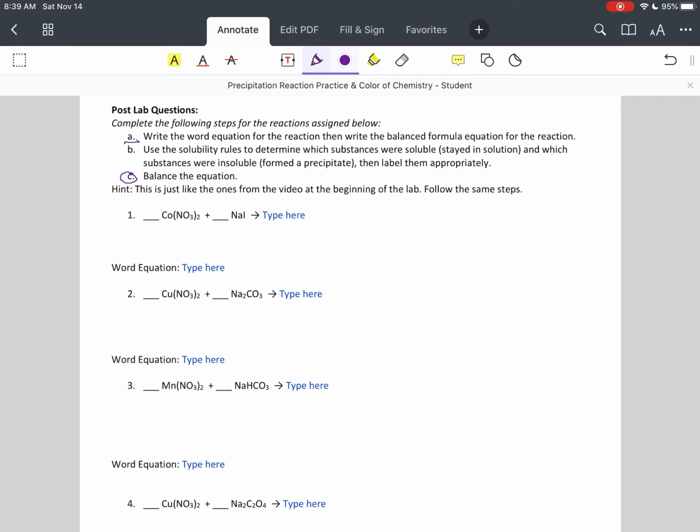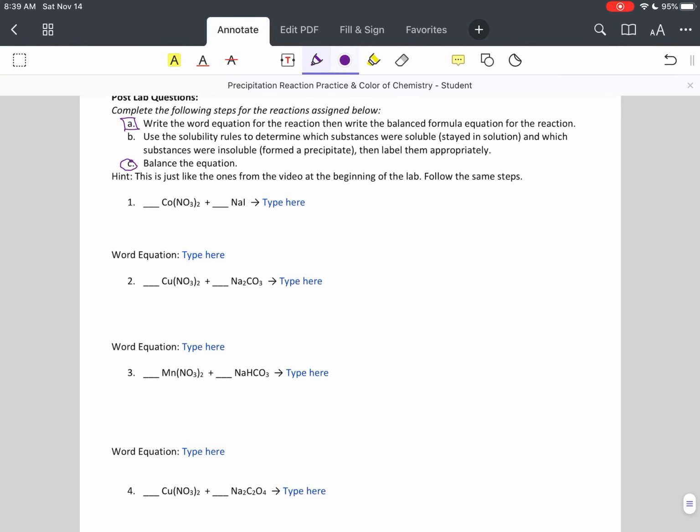And in this case, we're going to write the word equation. Let's get some practice writing and seeing these word equations. So this is going to go back to those ionic compounds when we were naming those. I'll do this first one for you just to refresh your memory. Remember, when I'm naming ionic compounds, the first rule is I always name my first substance. So Co is cobalt, okay? And then I name my second substance. If it's a polyatomic, I just keep the name. If it is a single element, like this second substance would be, then I change the ending to